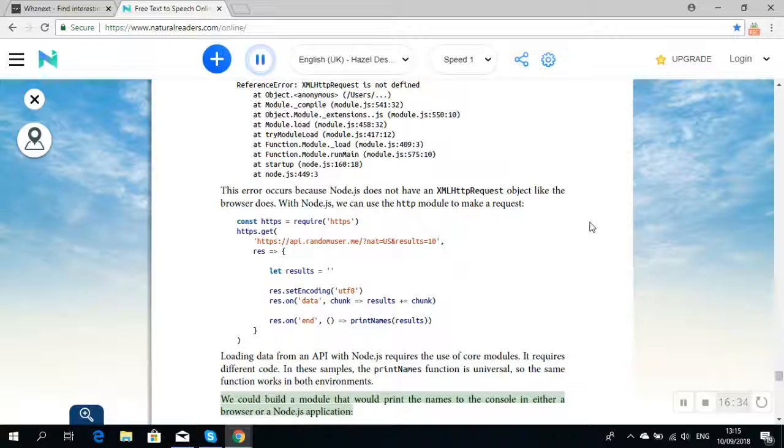var printNames = response => { var people = JSON.parse(response).results, names = people.map(({name}) => `${name.last}, ${name.first}`); console.log(names.join(', ')); }